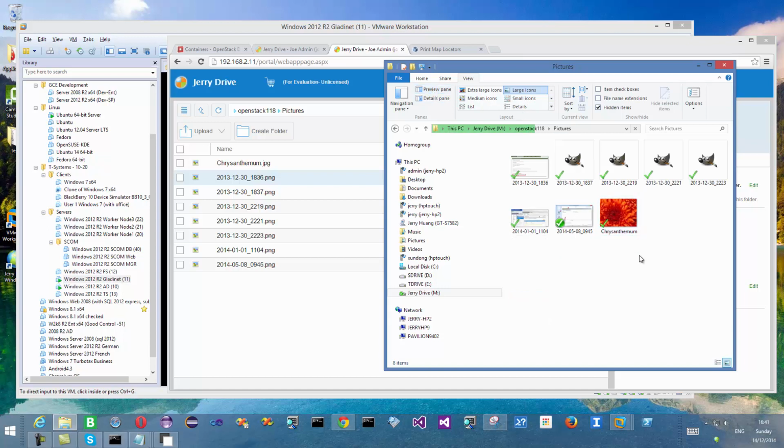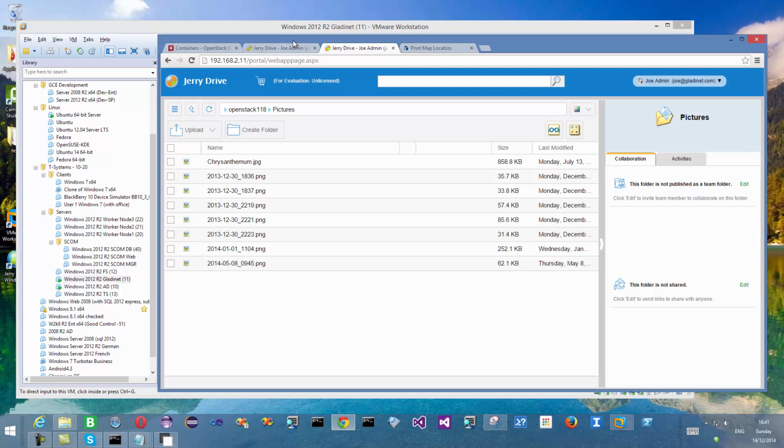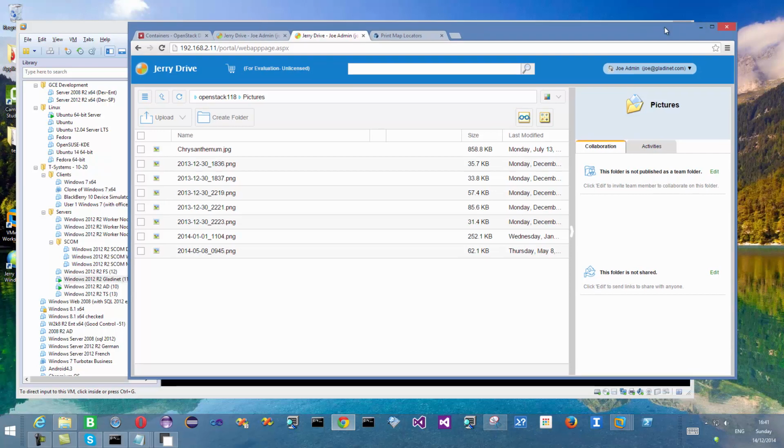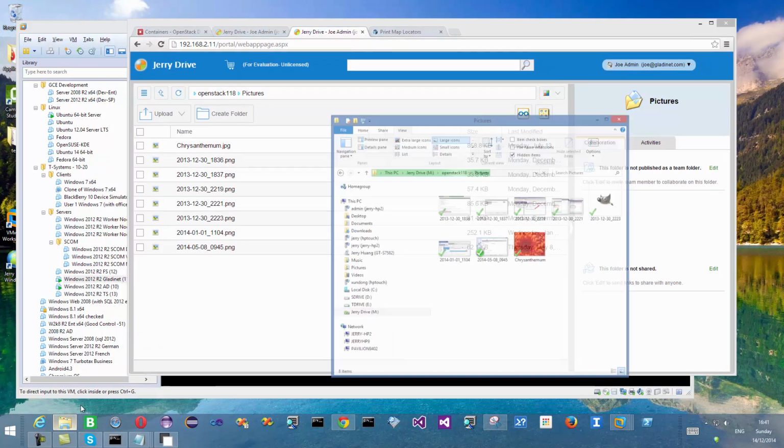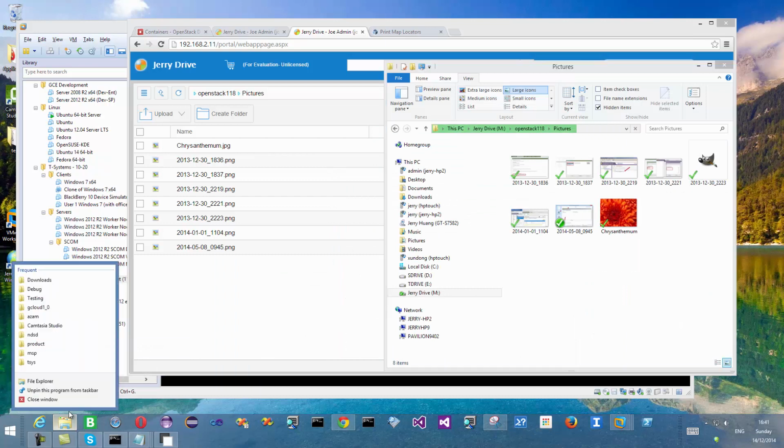So you get a cloud drive pointing to your OpenStack, and you can see the files and folders are showing up as the images are loading. So you have the web interface, you have the Windows Explorer, Windows drive interface,